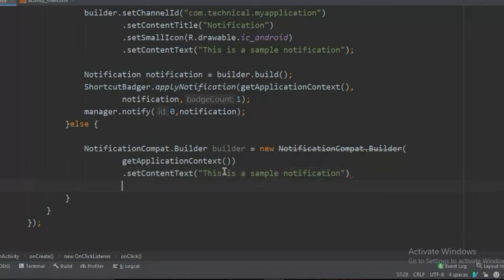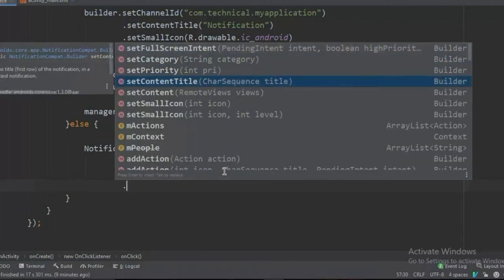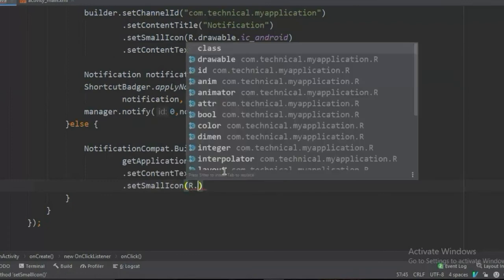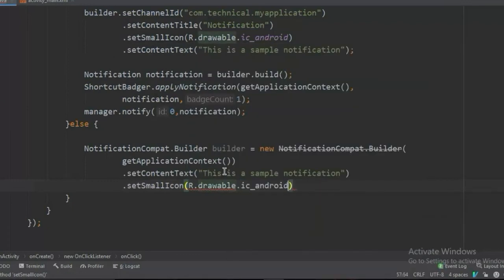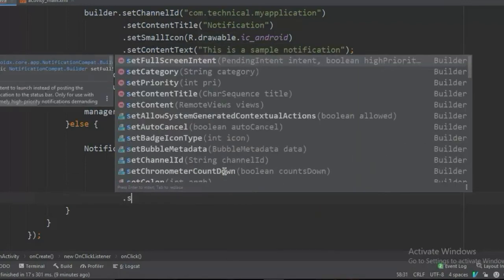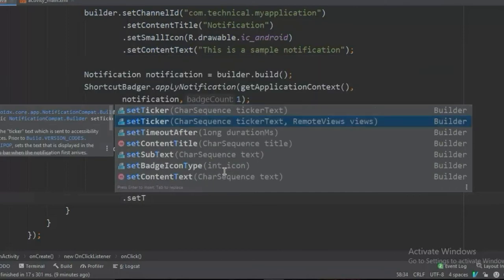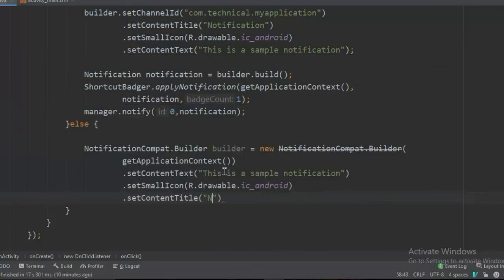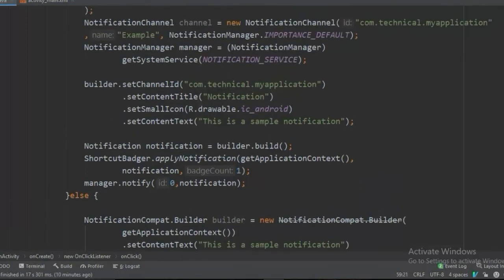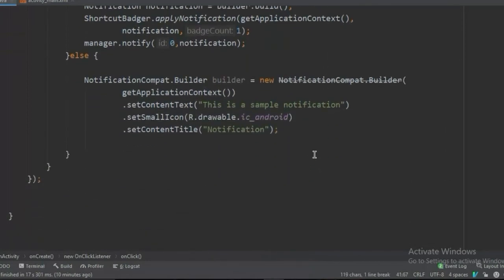And our small icon. Dot setContentTitle "Notification", semicolon. We also need our notification manager. For that we'll copy our previous notification manager and paste it here.